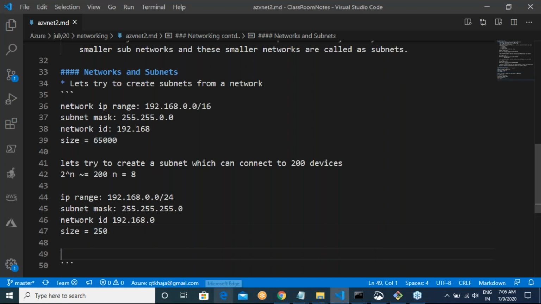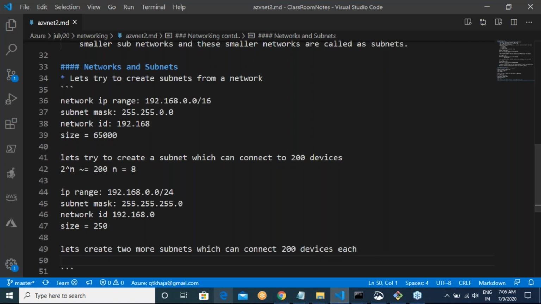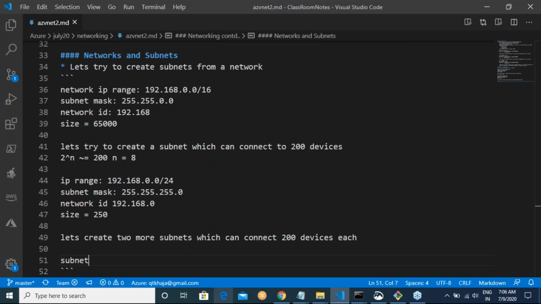So now let's create two more subnets, which can connect 200 devices each. Since it is 200 devices, we know the subnet mask is 255.255.255.0. There is no doubt on this, right? Now what would be my network ID?